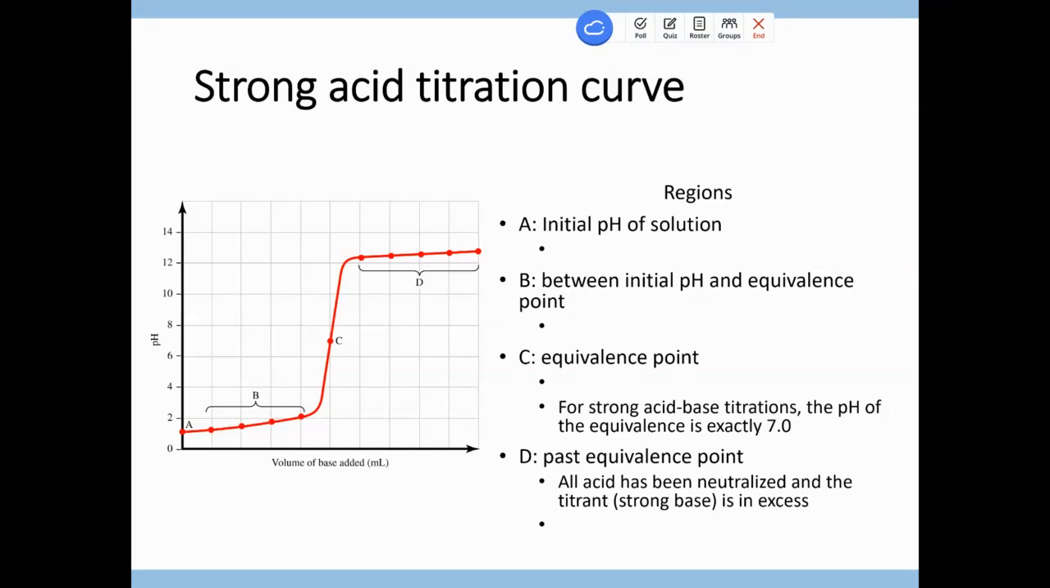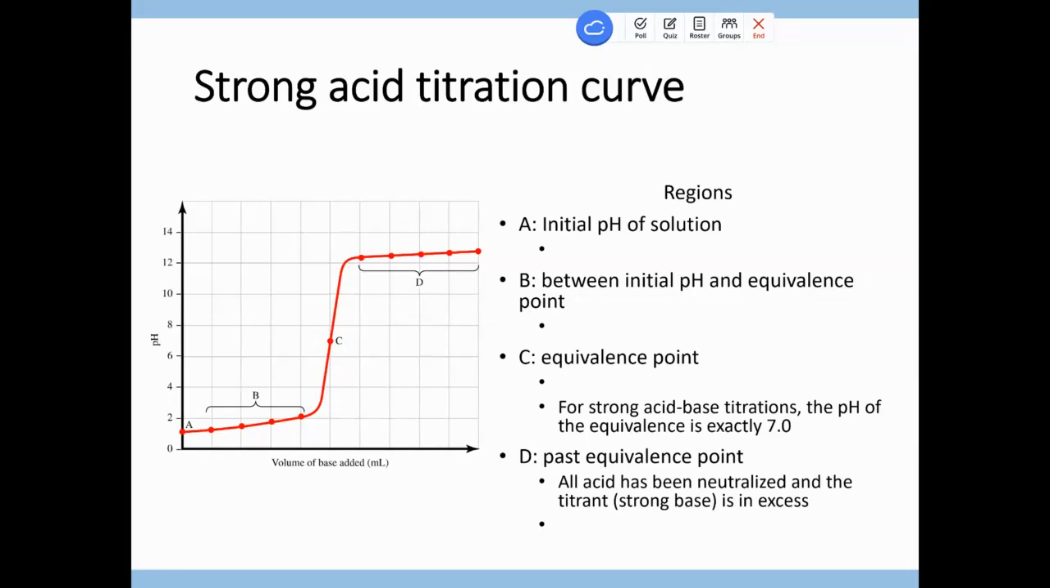The initial pH of the solution, if you have a strong acid in solution, remember that low pH indicates a more acidic solution. So initially, before any base is added, where the volume of the base added is 0, the pH of the solution should be quite low. So here it's about 1. But to actually calculate the pH of the solution,